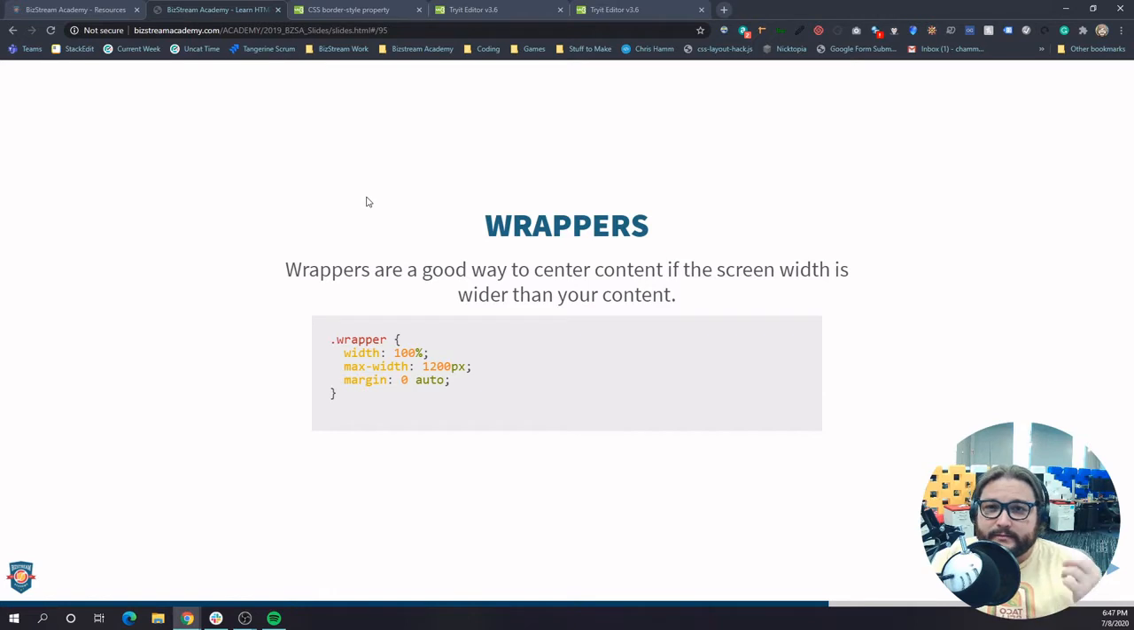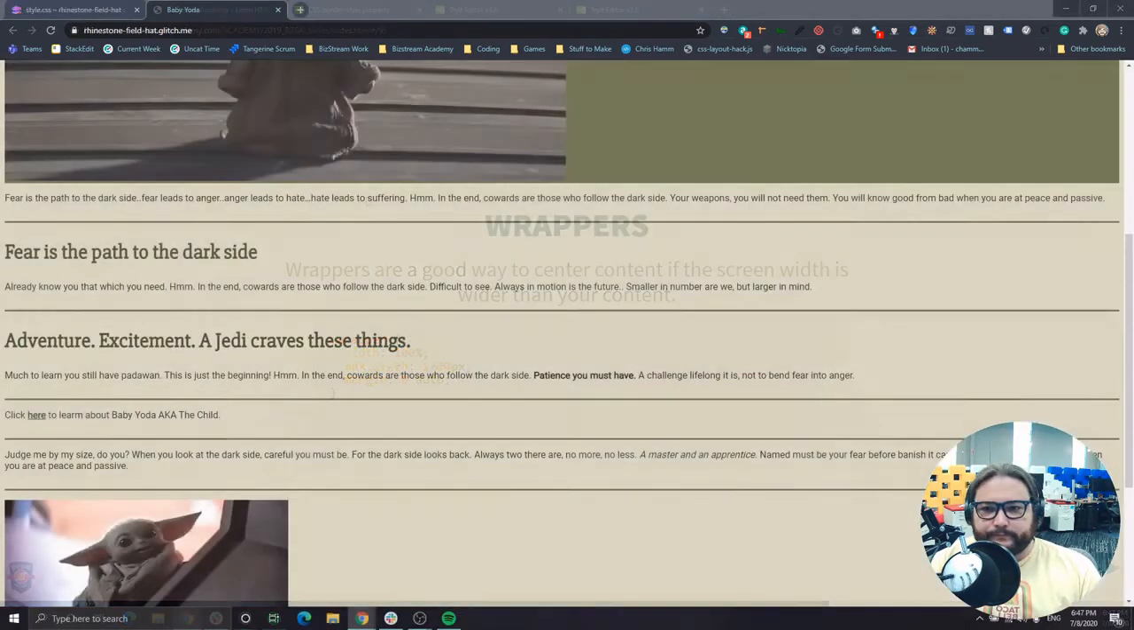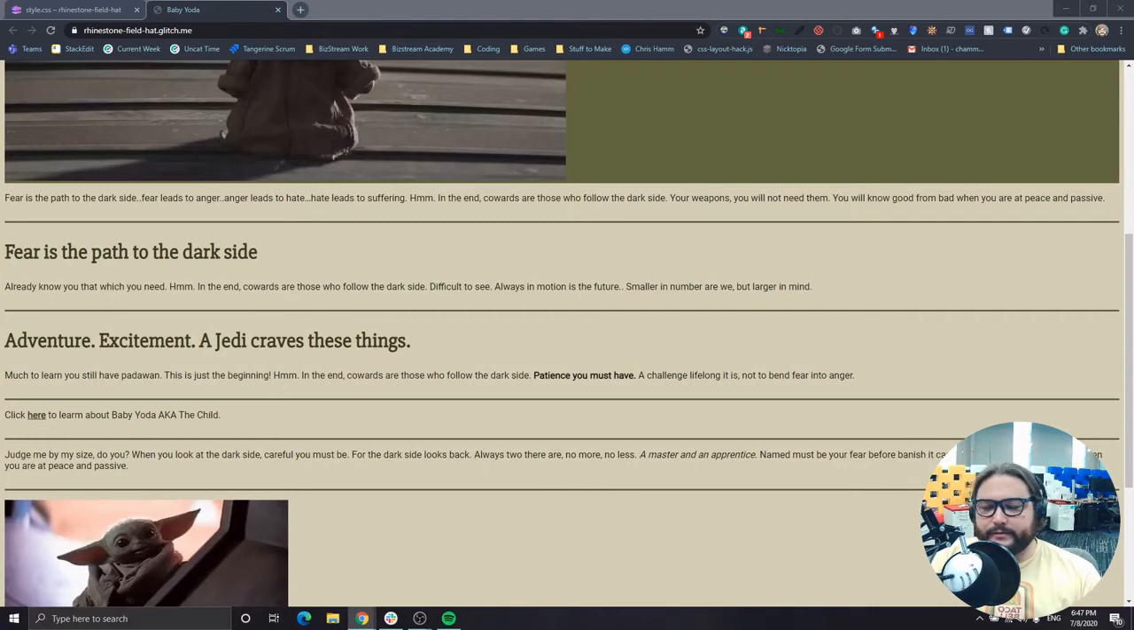What I want to talk to you about is wrappers. So a wrapper element does what it sounds like. It wraps around your content or around big chunks of your site. And it's a really nice way to center content in the screen, especially if the screen width is wider than your content, right? If you're on a mobile device, if you're on your cell phone, you don't have a lot of space there to play with. So usually we bring stuff out really close to the edge already. But when I'm over here on my widescreen monitor,